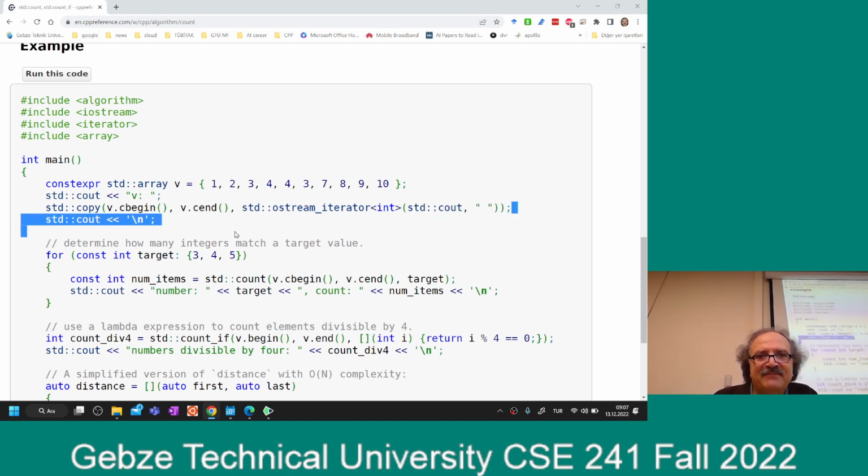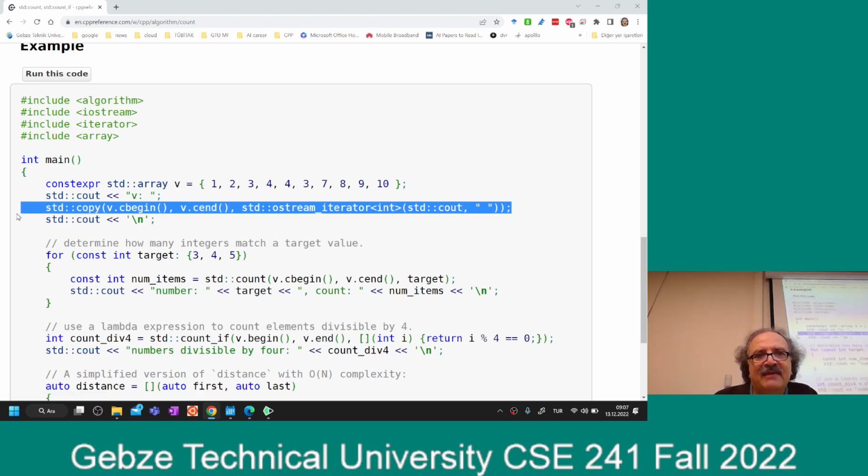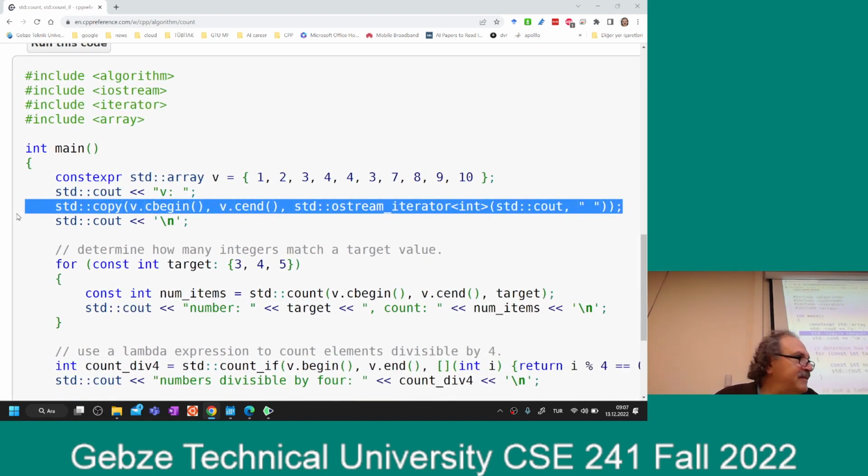This line? It copies something to something, from the beginning of this vector to the end. Copy this to some other iterator, a modifiable iterator, but that iterator starts at